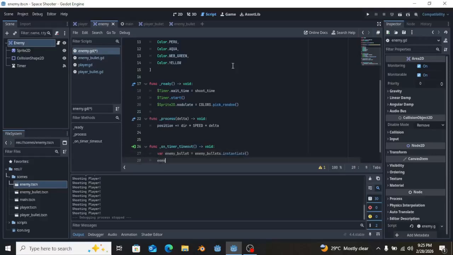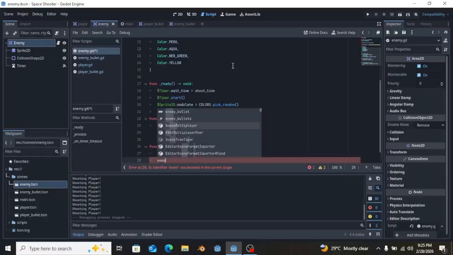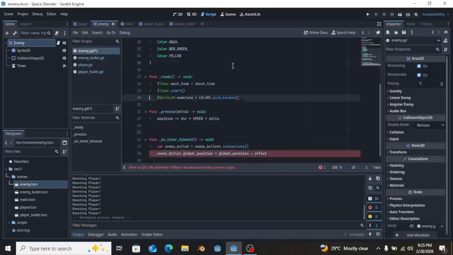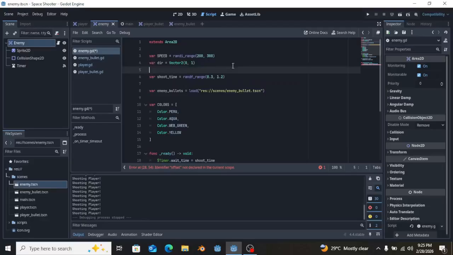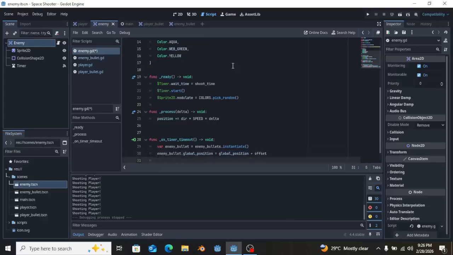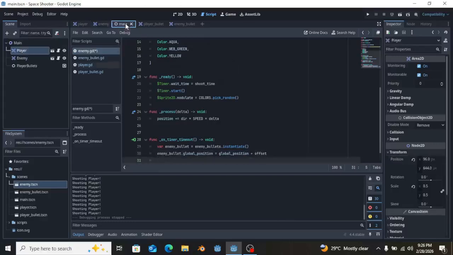And right now we are going to set the position of the enemy bullets to equal this global position plus, don't forget, we need the offset. So right now we are going to create the variable of our offset variable. And right now everything should be working perfectly, but don't forget, we need